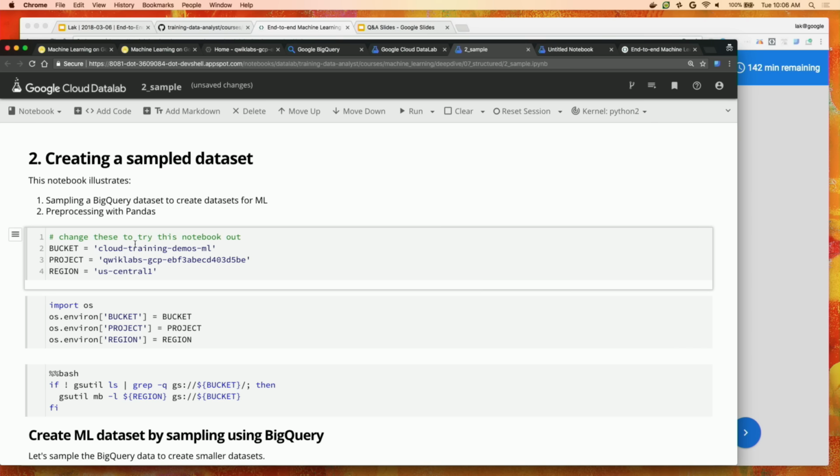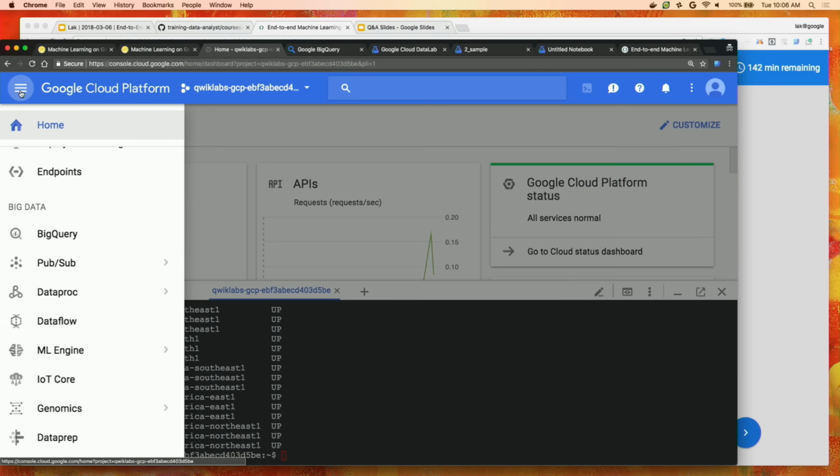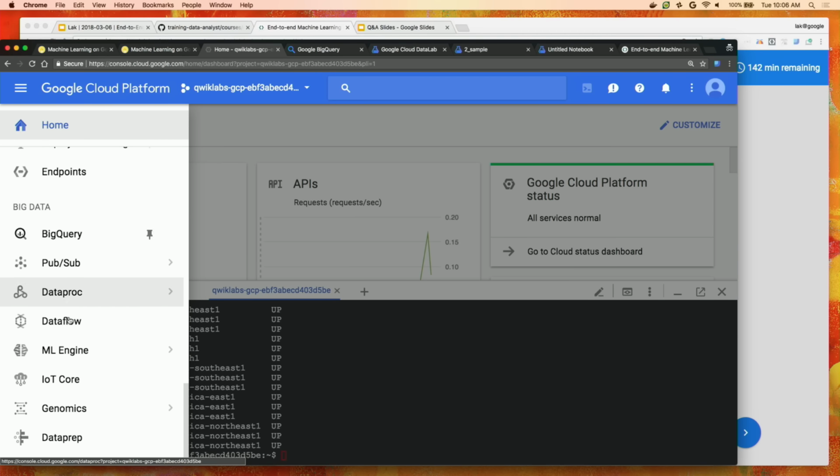And the region is fine. And I need to go ahead and have a bucket. So let's just make sure that the bucket exists. So we can go down to the GCP console, go into storage,